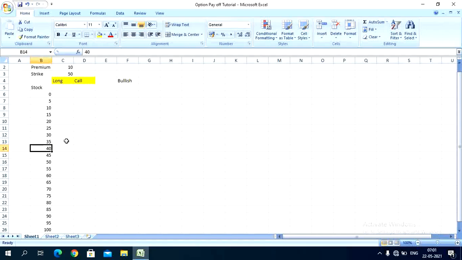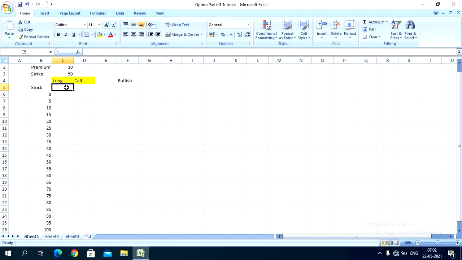After the price increases above the strike price, only then will he have an interest in exercising the option, right? So up to 50 there will not be any exercising of the option, right? By using a simple formula like maximum and minimum, we can calculate it. So let's calculate the option's value, or you can directly calculate the profit also by using it.